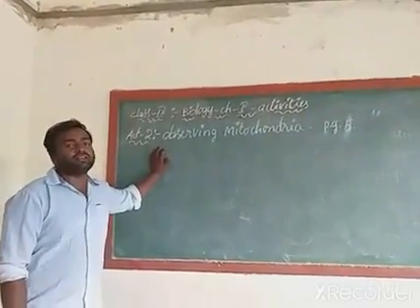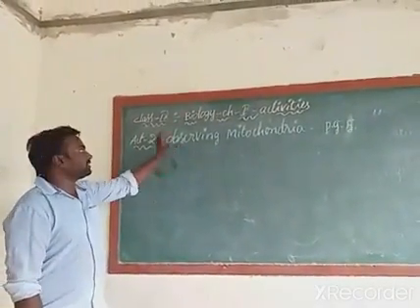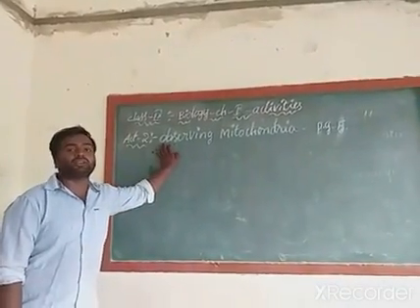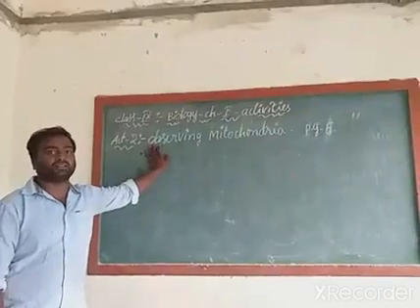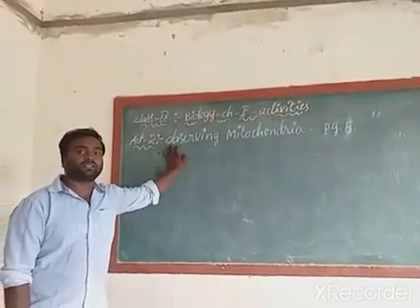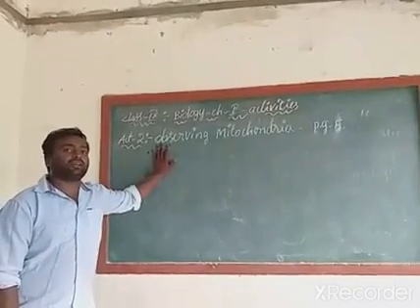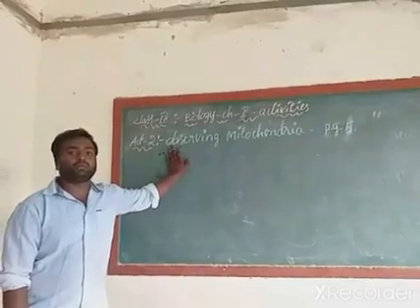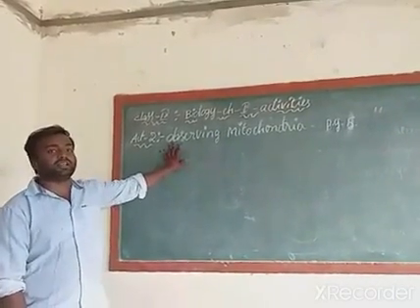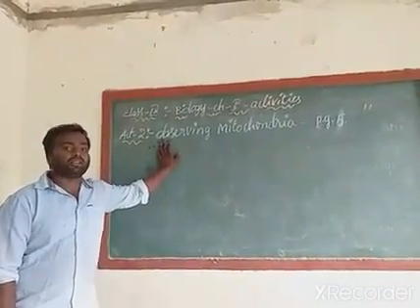Okay children, lab activity completed. Next, activity 1 completed. In activity 1, what did we observe? We observed the cell membrane present in a plant cell. Which plant cell have we observed? We have observed Rheo plant leaf cell. Rheo plant leaf cell contains a cell wall and also a plasma membrane.